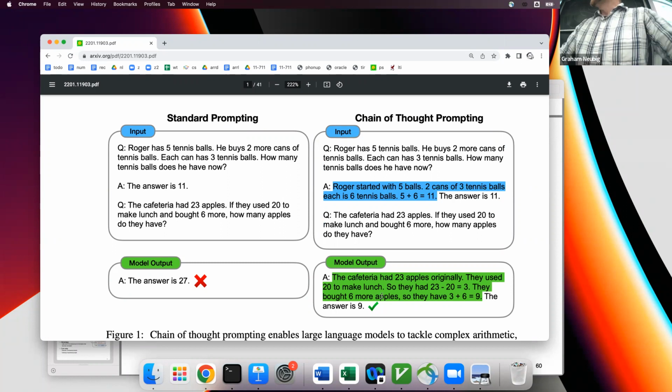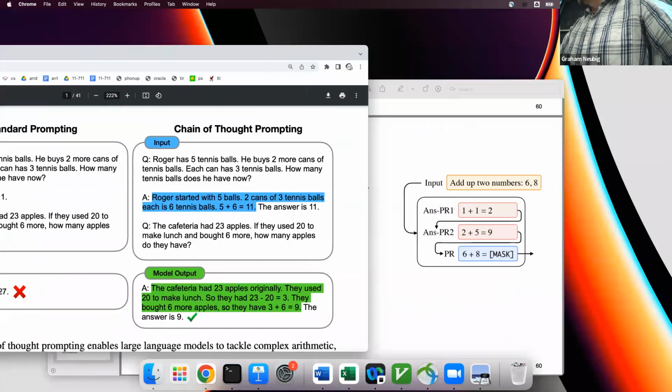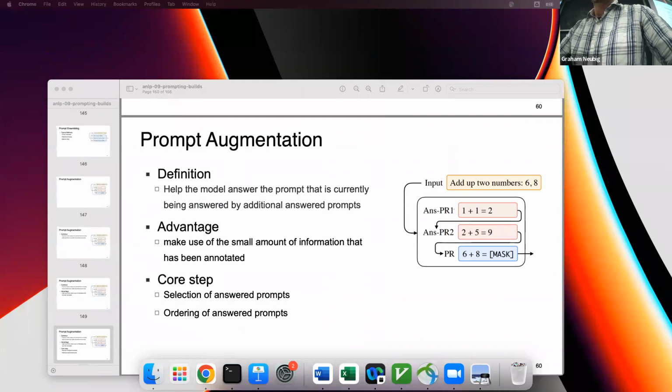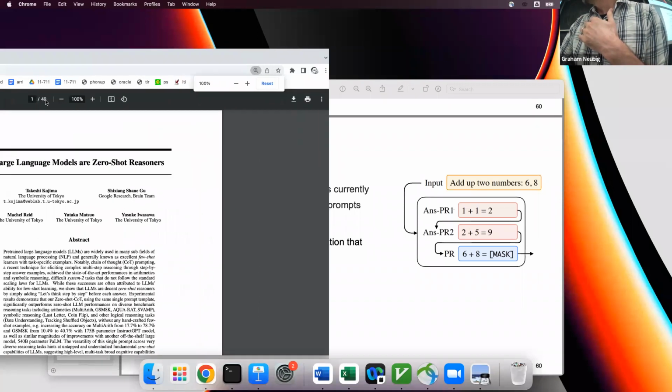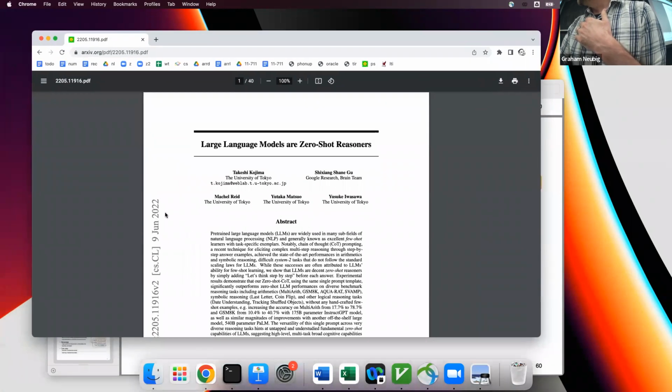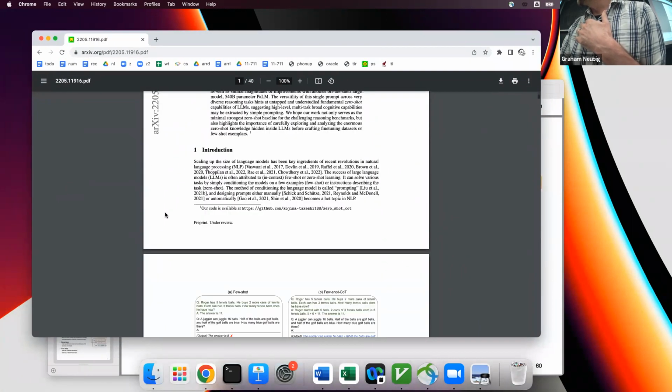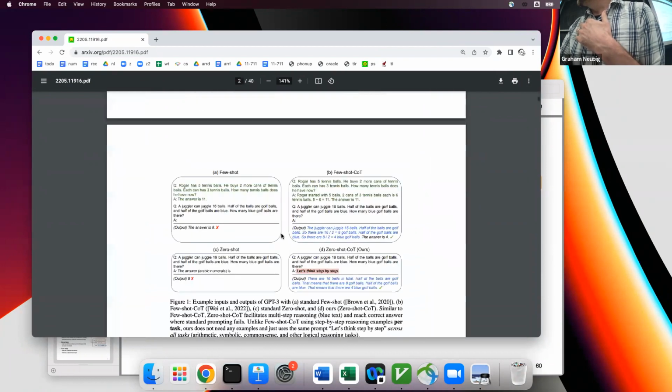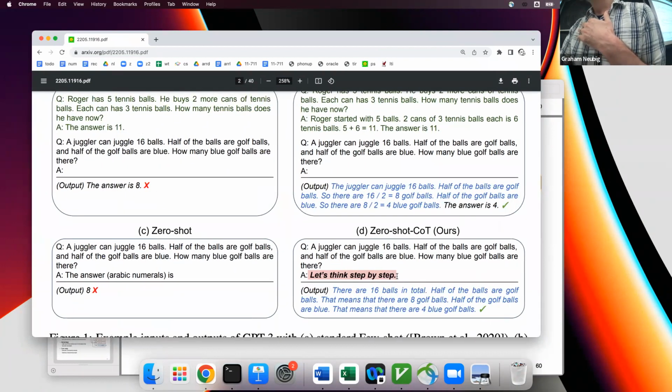Yeah. So another even more amazing paper. I love this paper because it totally doesn't make sense that it works until you think about it. Basically what they show is you don't even need to provide examples of reasoning. What you need to do is just write, let's think step by step, at the beginning of the answer. And suddenly it starts working.